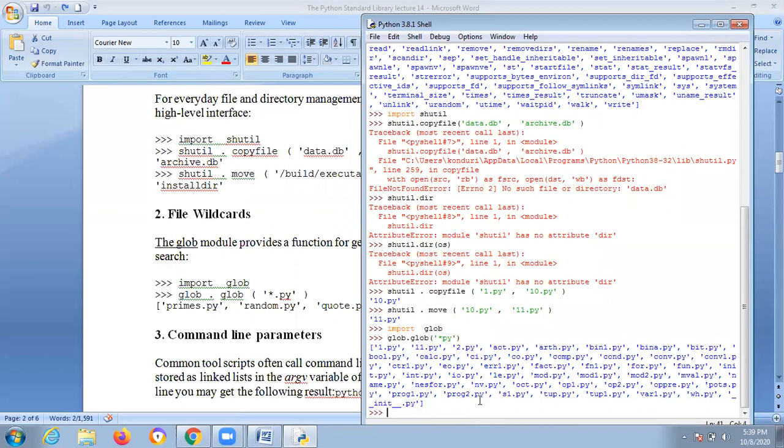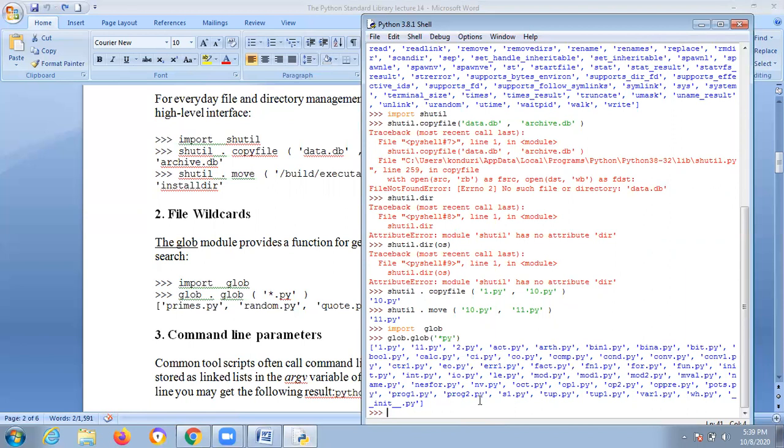Yes, absolutely. 1.py, 11.py, and everything, whatever files you have, these files are present on my laptop. What I taught these programs to other students, these programs will be displayed. Okay, glob, whatever is there, will display everything.